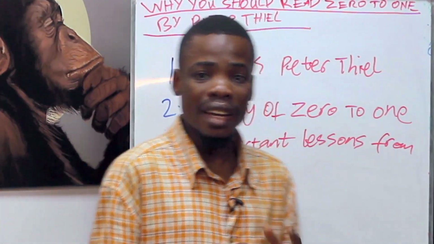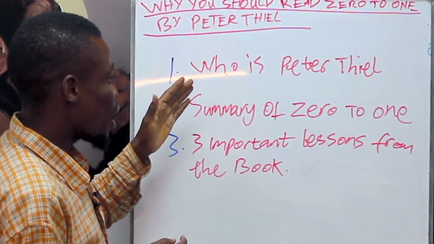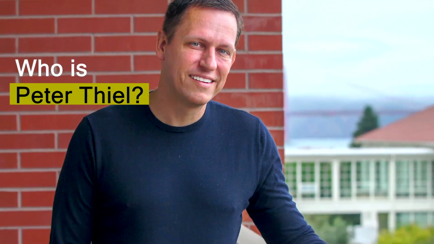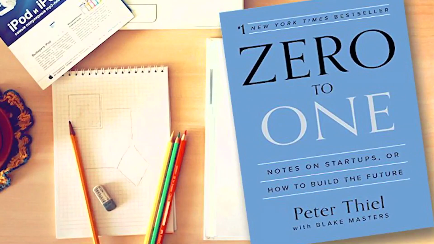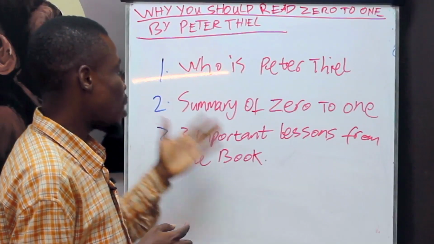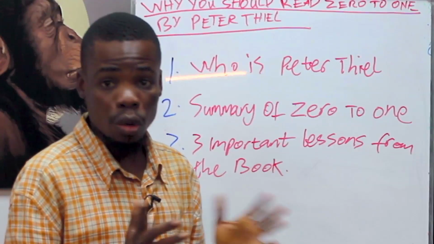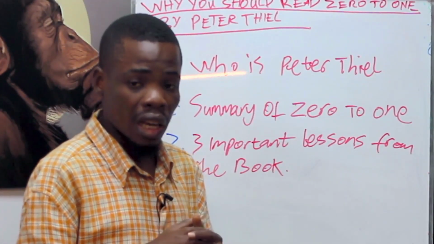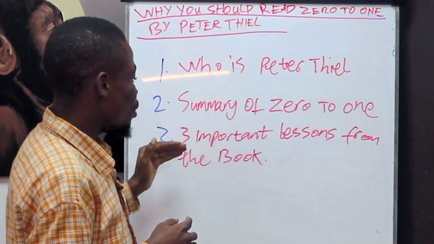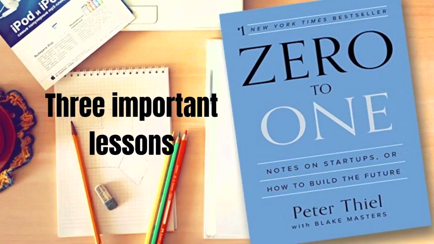Now this video is going to be divided into 3 parts. The first part is I'm going to talk about who Peter Thiel is first of all, so at least we can understand who he is and why he has the authority to write this particular book. And then the second part of this video is going to be a general summary of the book. I'm not going to spoil the book for you so that it won't be as if I've given you everything. And then the third part of this video is going to be 3 important lessons from the book